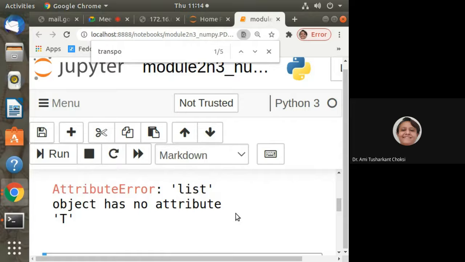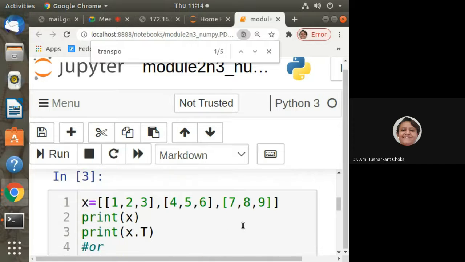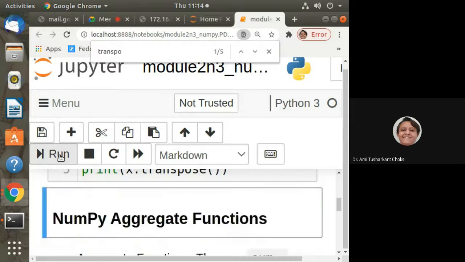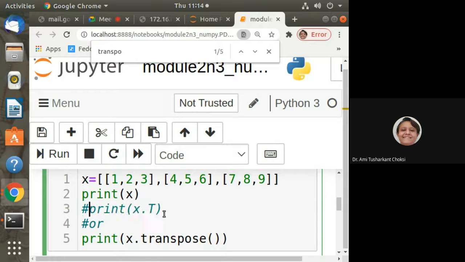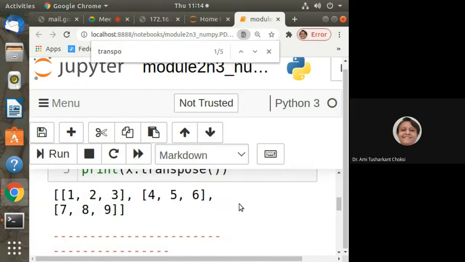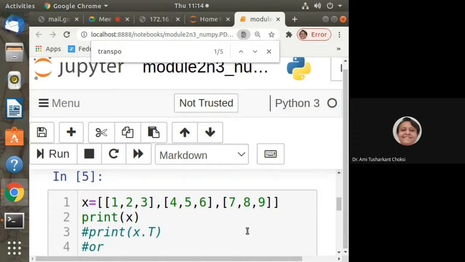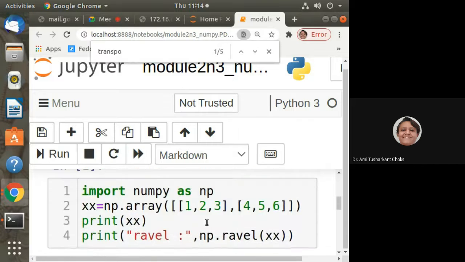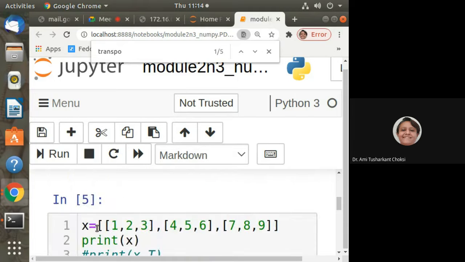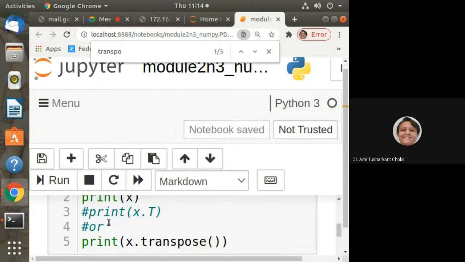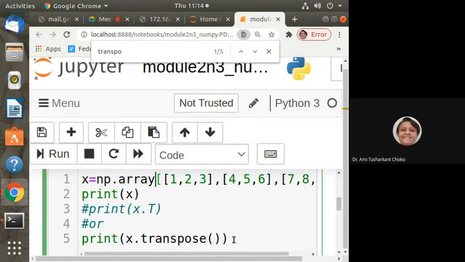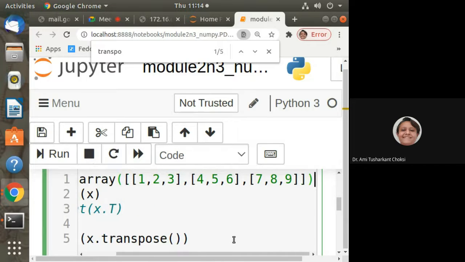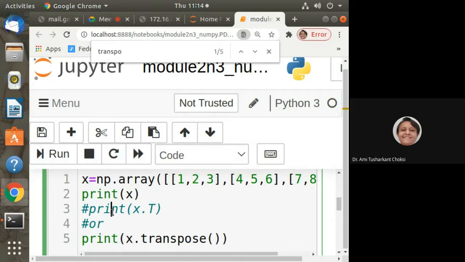List object has no attribute T. What's the problem? Oh, we should have np.array, isn't it? np.array. Yeah. This will run.